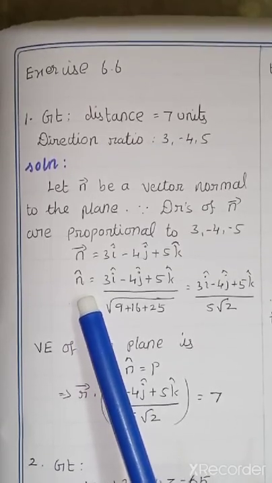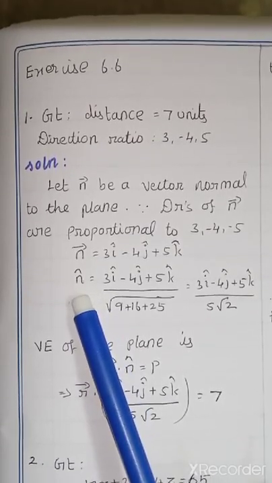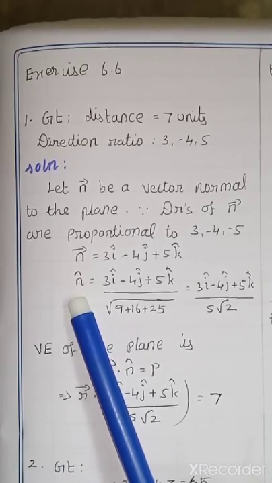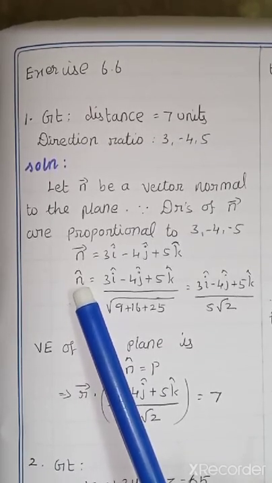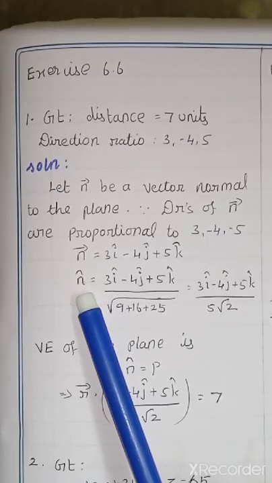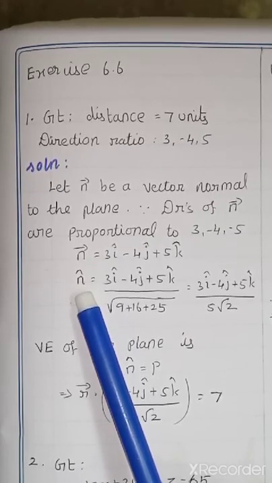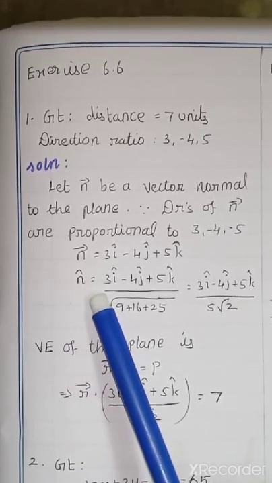N cap means unit vector. So what is your n cap formula? N vector by mod n. That we have seen already, right? So what is your n cap? N vector by mod n. So n vector is equal to